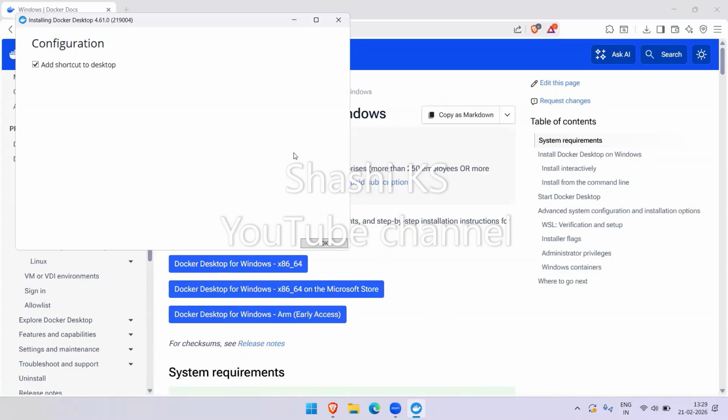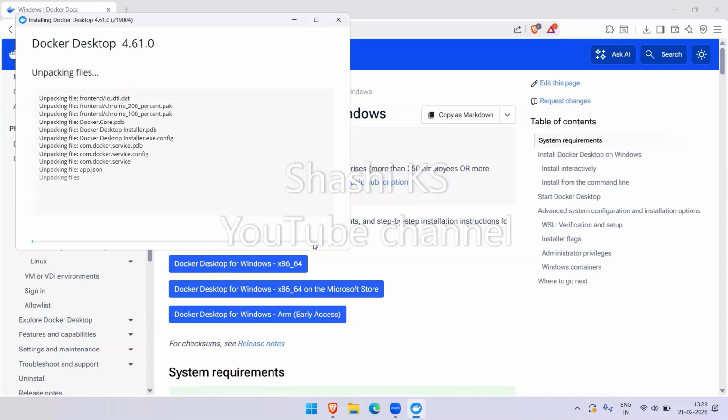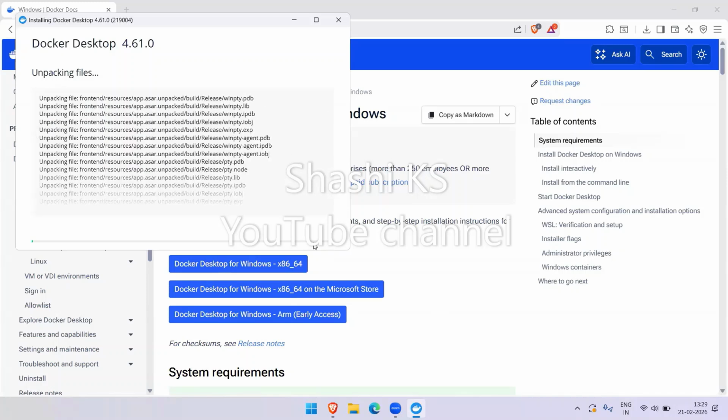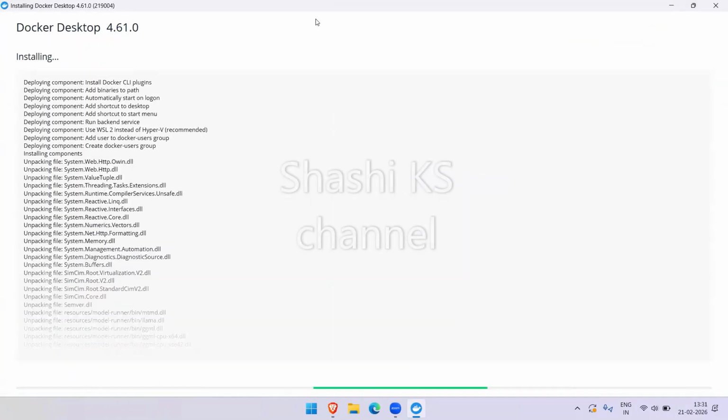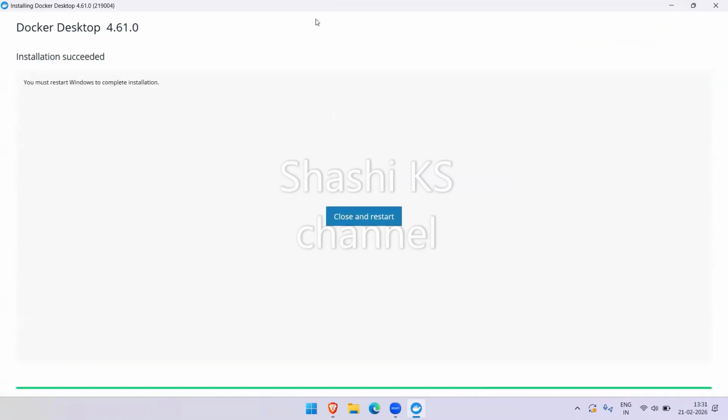Now Docker Desktop is getting installed. Click on OK. All the unpacking of files is being done now. Now the installation has succeeded. We have to restart Windows to complete the installation, so I click on close and restart.